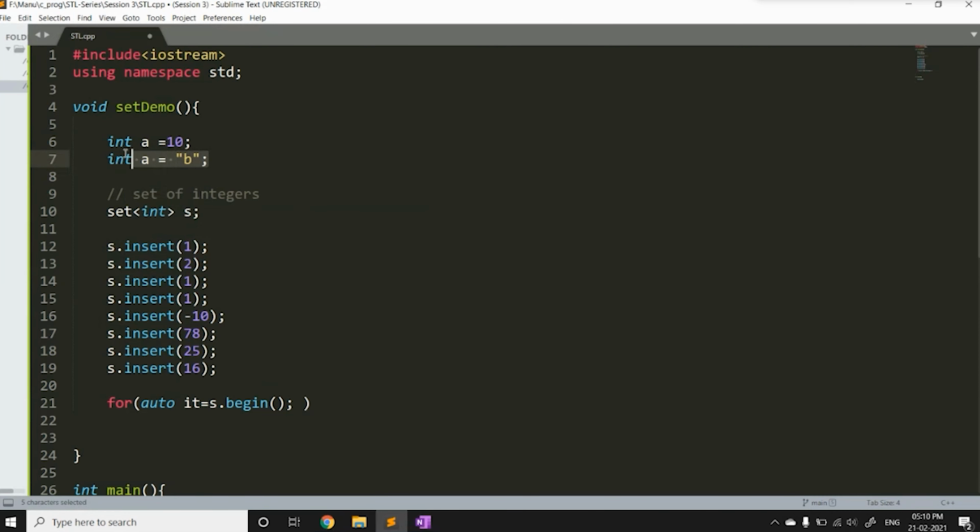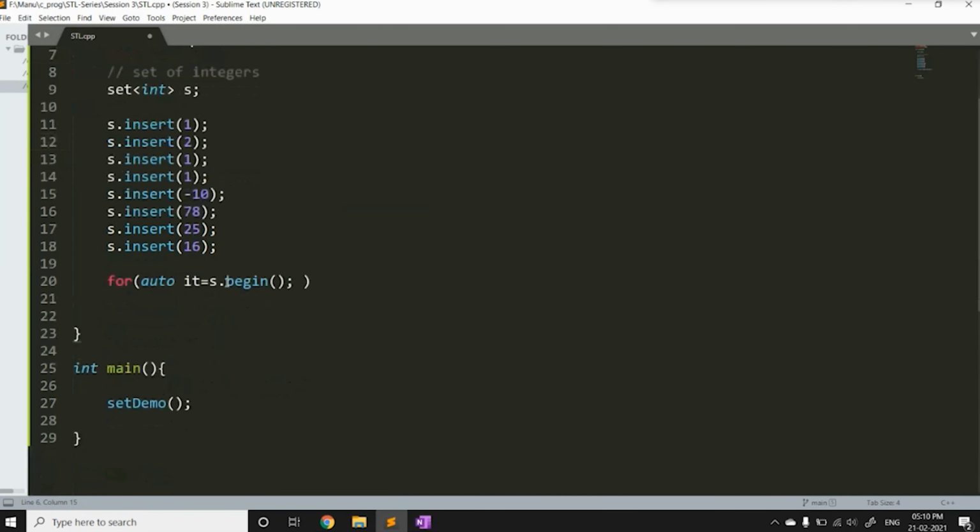But instead of int, I can write auto a = 10. This will automatically take the data type of whatever value a is assigned. Here, if I assign a to be a string, a will now become a string. I hope that's clear to everyone.